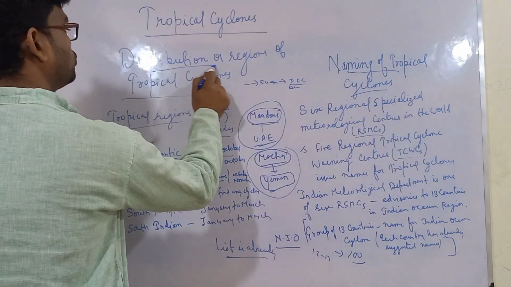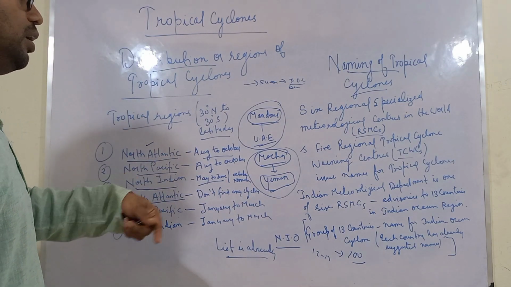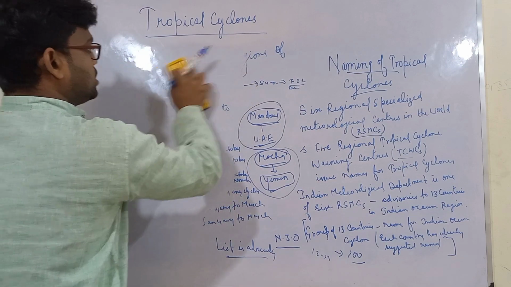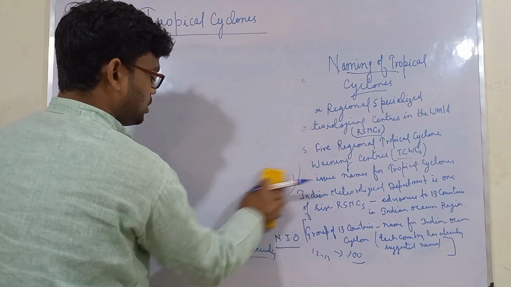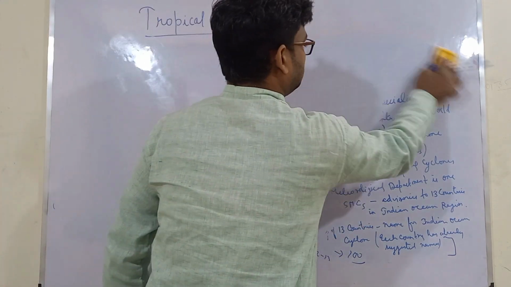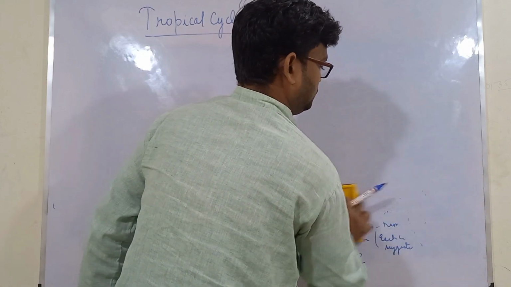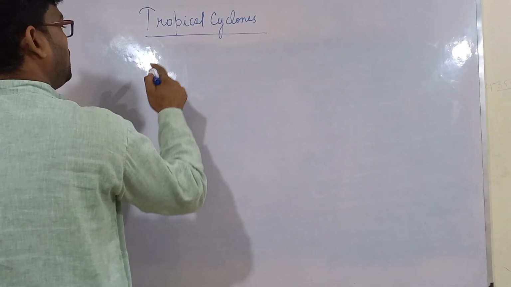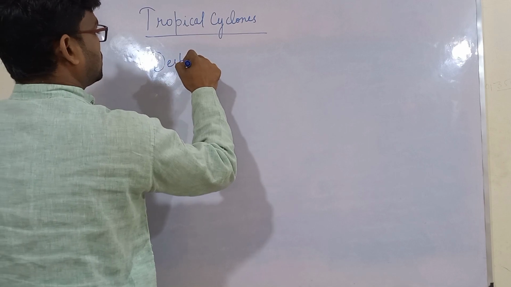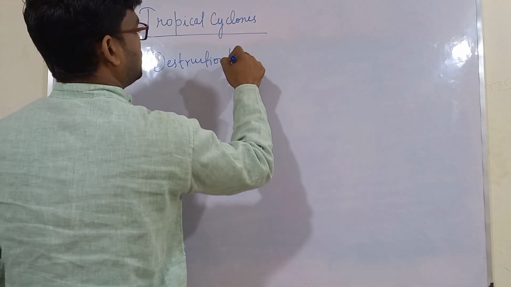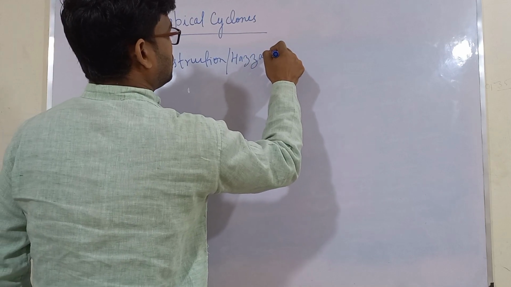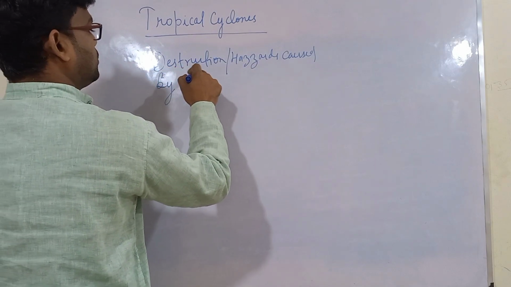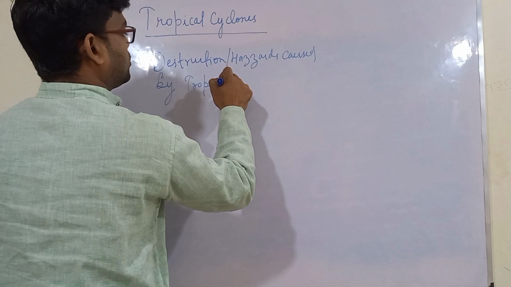Now when we are done with the distribution and naming of tropical cyclones, we will come to the other two topics, which are destruction or hazards caused by the tropical cyclones and ways to mitigate the same. Our last two topics are destruction or hazards caused by tropical